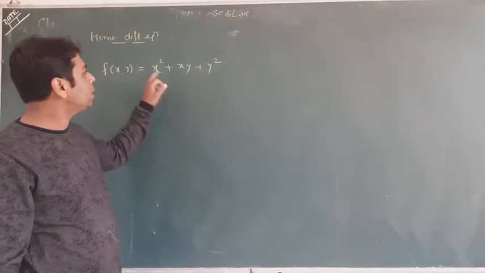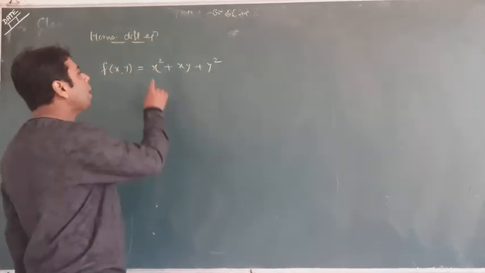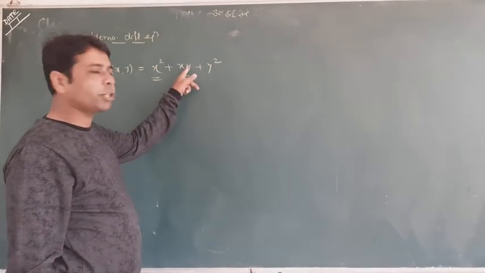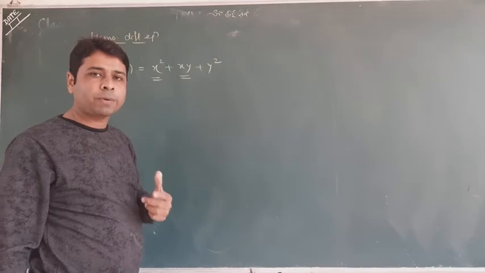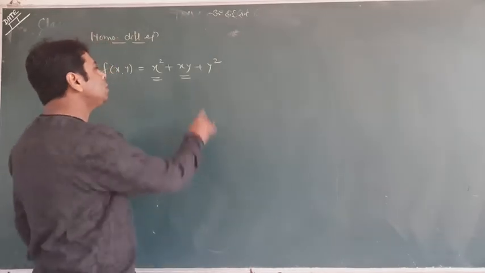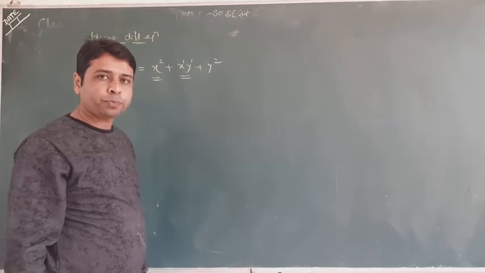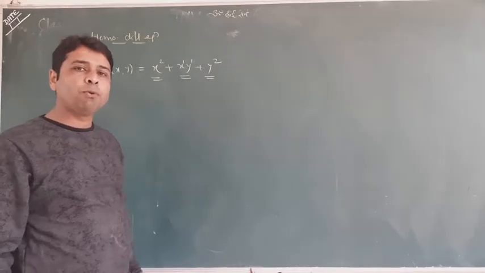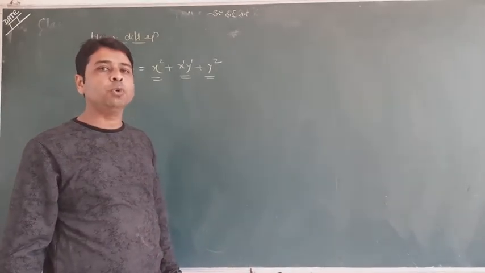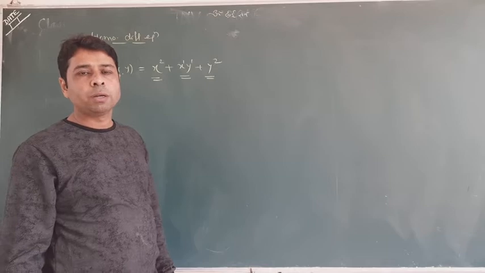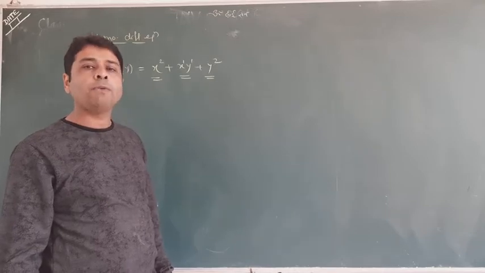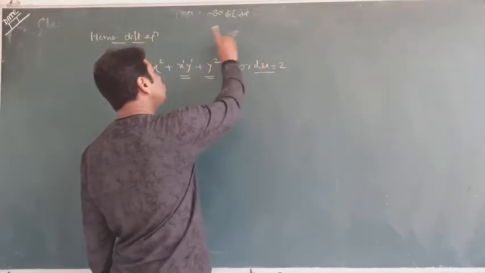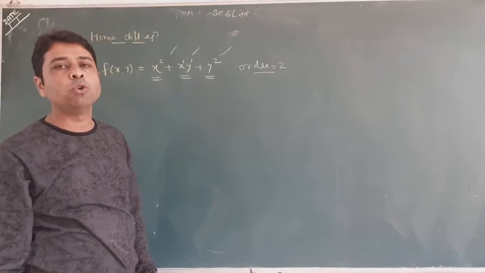And you should understand that the power of x is 2. Now the first term's power is 2. The power of the second term, when two variables are multiplied, whenever we want to find the power of the term, you have to count them: 1 and 1, 2. And the power of the third term is still 2. Meaning if you focus on it, the power of each term is 2. This is called a homogeneous function in x and y of order n, here order 2, because each term's power is 2, and this is called homogeneous.